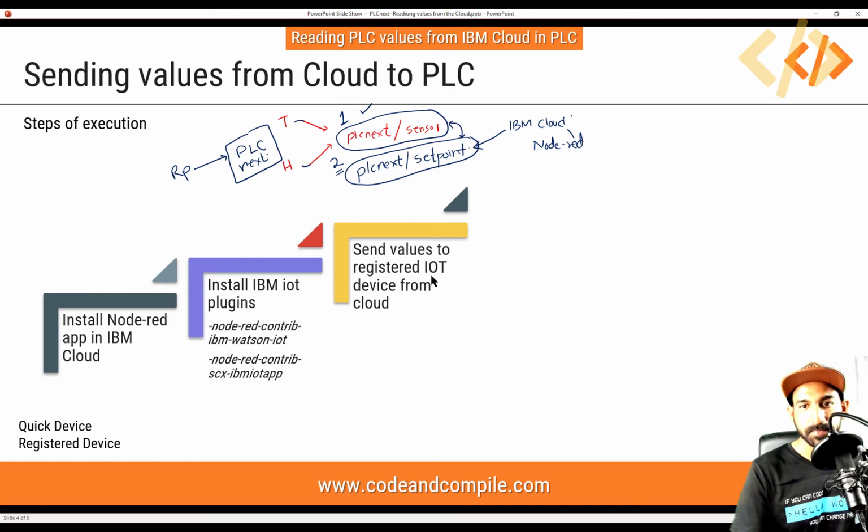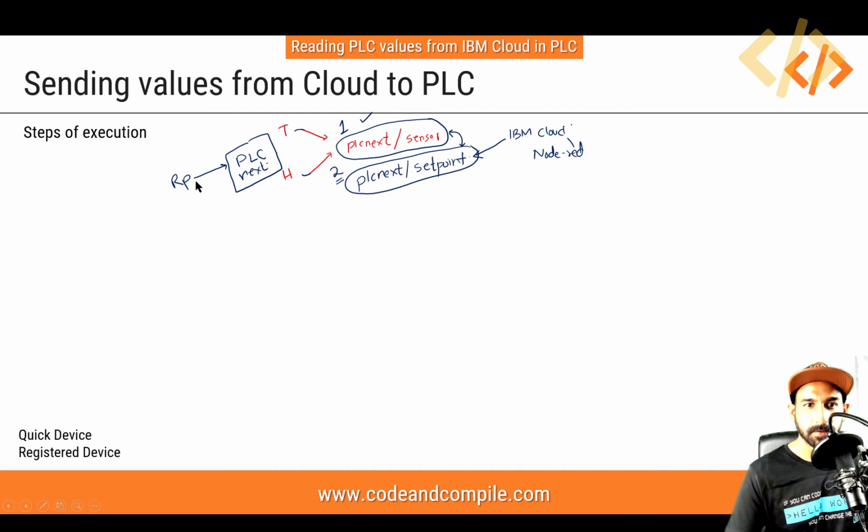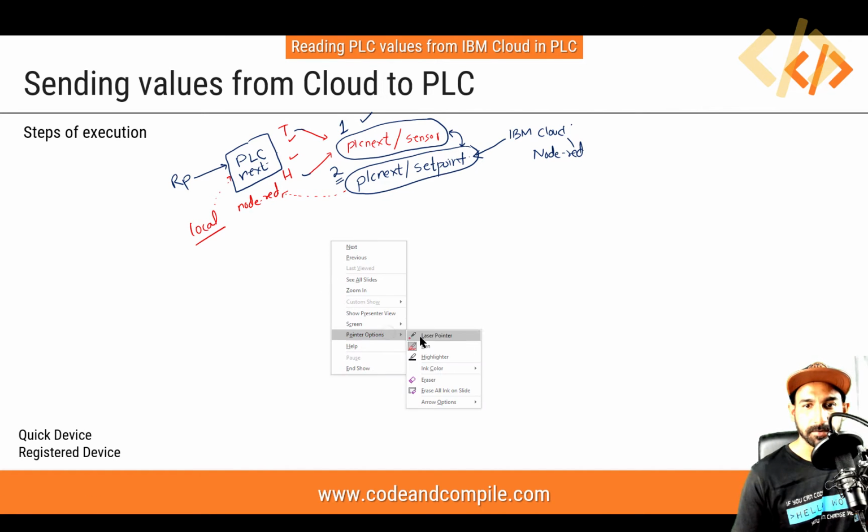We just did that. Now what we have to do, like I mentioned here, this PLC Next, which is in my Node-RED, wait, full screen. This PLC Next has a Node-RED inside. Okay, this is a local Node-RED. This has the value of temperature and humidity already. What it needs is the value of set point in this local Node-RED so that I can send this value to the PLC, all right, further to the PLC. So let me change the color.